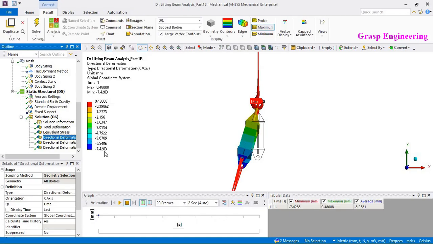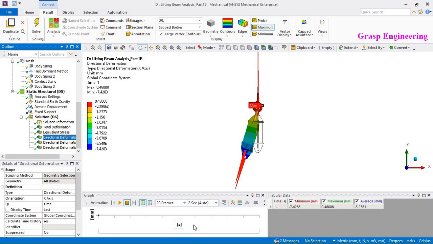So now if you see that there is some deformation in x-axis like 7.4, then y-axis is almost 4.8, and in z-axis you will find 1. So basically the vertical deformation is y, so y is only 4.8 mm, but the x directional deformation is quite higher.